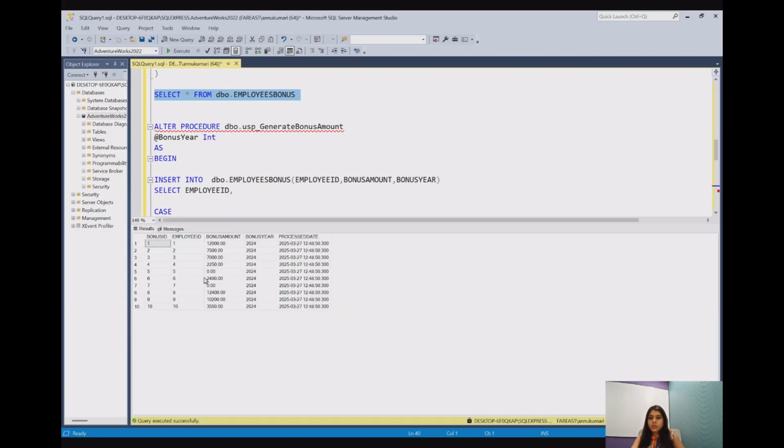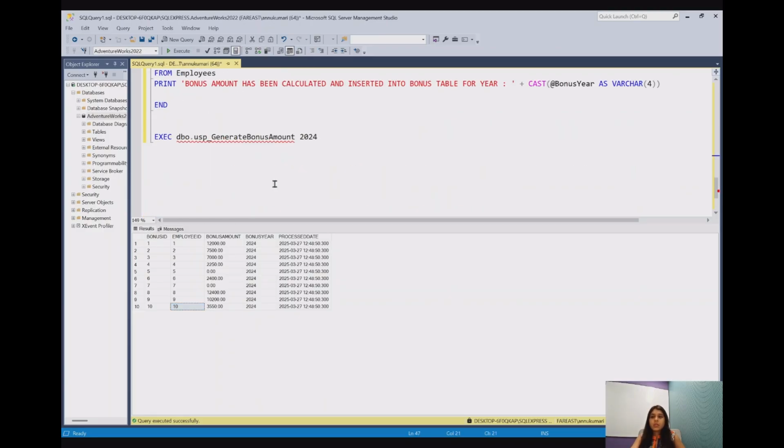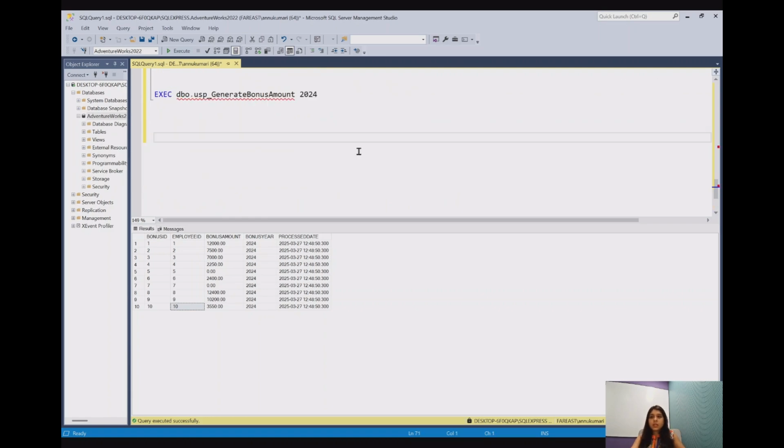Okay, so here you can see 10 rows have been inserted for the year 2024, and these are the bonus amounts for these employee IDs. How do I see the employee salary? By joining these two tables, employee table and bonus table, I can see the salary. Okay, so on which column can we join? As we discussed, it can be joined on the employee ID column because it is a common column between the two tables. So let me write select star from